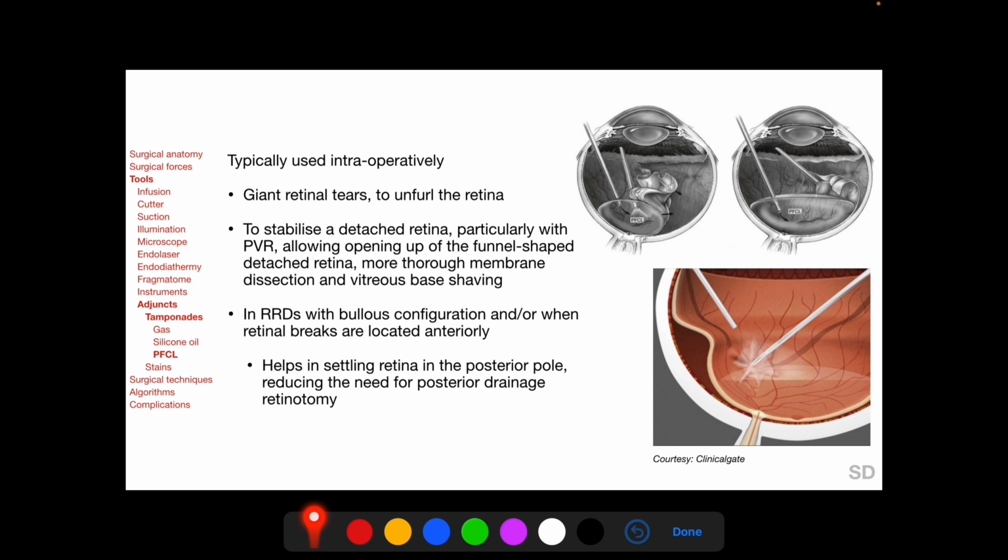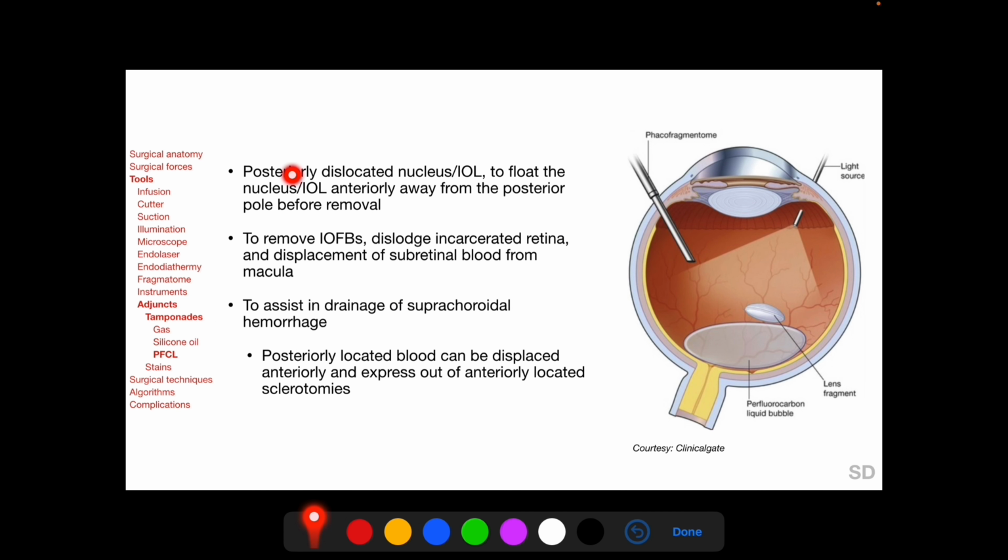PFCLs are used intraoperatively, typically in giant retinal tears to unfurl the retina, as seen here in these two photographs, to stabilize a detached retina, particularly that with proliferative vitreoretinopathy, to allow opening up of the funnel-shaped detached retina, more thorough membrane dissection as seen here in this image, and vitreous base shaving in rhegmatogenous retinal detachments with bullous configuration, and/or when retinal breaks are located far anteriorly, to remove posteriorly dislocated nucleus or intraocular lens so as